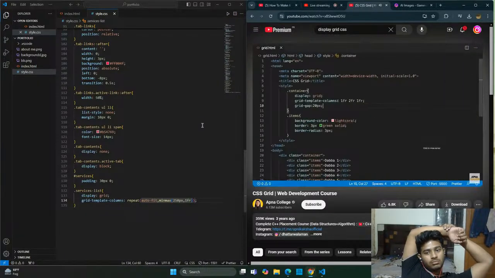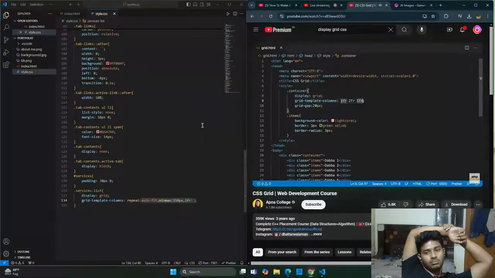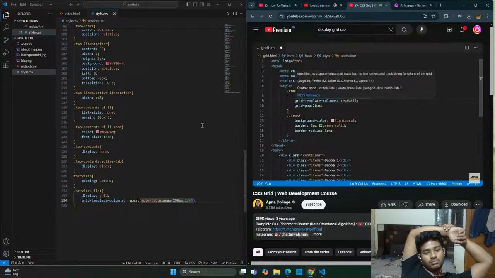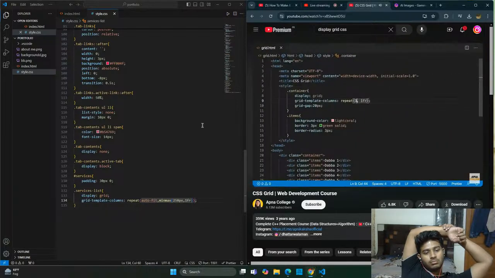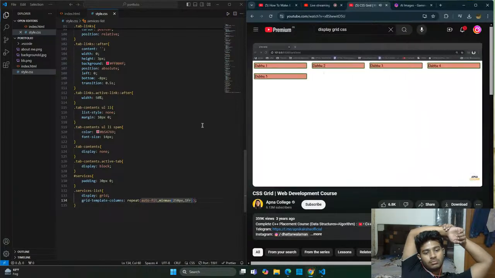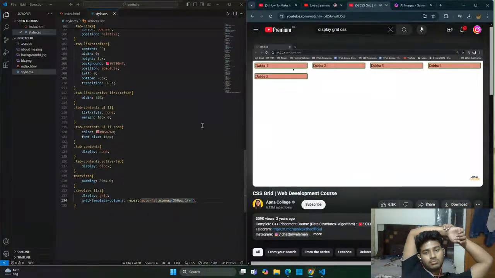अब ग्रिड टेम्पलेट कॉलम के अंदर यहाँ पे आप देख सकते हो, हमको 3 कॉलम बनाने के लिए 3 बार इस FR को लिखना पड़ता है। तो मान लो आपको 3 बार नहीं लिखना है, तो आप एक फंक्शन का यूज कर सकते हो जिसका नाम है रिपीट, और सबसे पहले लिखोगे जितने भी हमारे टाइम्स आपको रिपीट करवाना है। तो जैसे हमको 3 टाइम्स उसको रिपीट करवाना है, तो लिखा 3 और यहाँ पे आप लिख दोगे वैल्यू जो कि है 1 FR। तो ये 3 बार 1 FR रिपीट हो जाएगा, उससे हमारे 3 कॉलम्स दिखने लगेंगे। यहाँ पे आप देख सकते हो सिमिलर आउटपुट आ रहा है। अब आपको अगर इसको 4 बार रिपीट करवाना है तो आप यहाँ पे 4 लिख दो, और यहाँ पे हमारे जो डब्बे हैं वो 4 बार रिपीट हो रहे हैं।